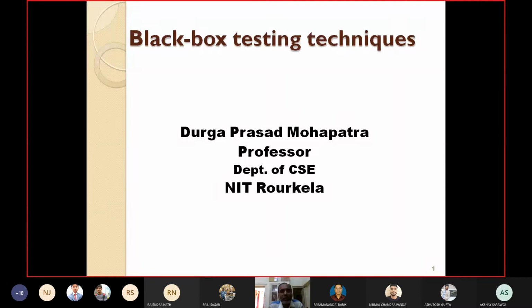Let us discuss from the point where we left yesterday. Yesterday we discussed that there are three important types of testing techniques. One is black box testing, another is white box testing, another is gray box or model based testing. A couple of classes we will take on black box testing. So today let's start with black box testing, and gradually we will take up other black box testing techniques.